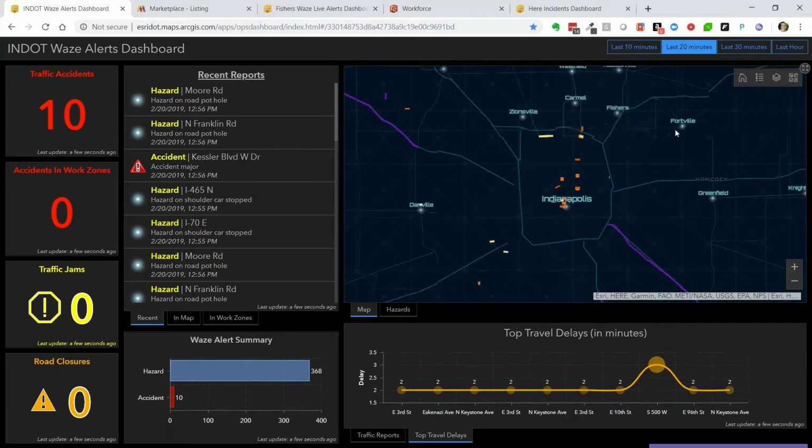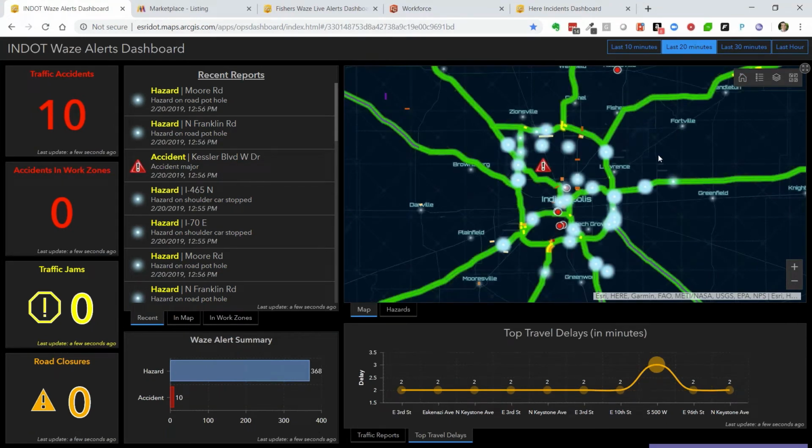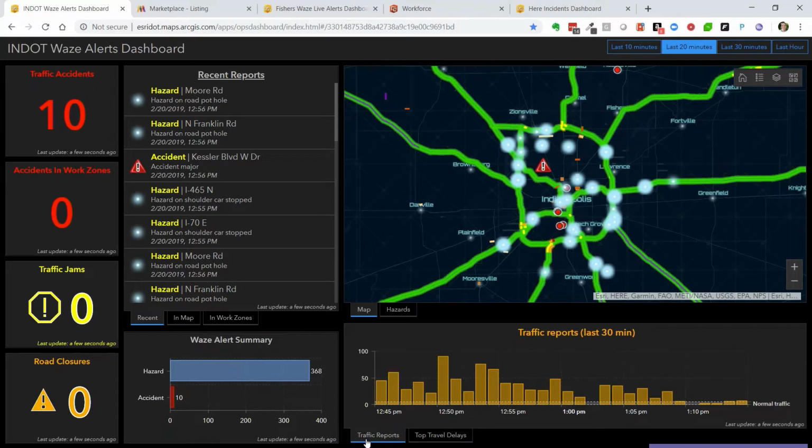So combining a lot of data and doing analytics on that data as it comes in to help someone in the operations center get a real view of what's happening out there in the real world. So there's a lot of technology and a lot of data that's being pulled together in this particular dashboard. Like I mentioned, the GeoEventServer technology that's helping us do this real-time analytics on this data as it's coming into